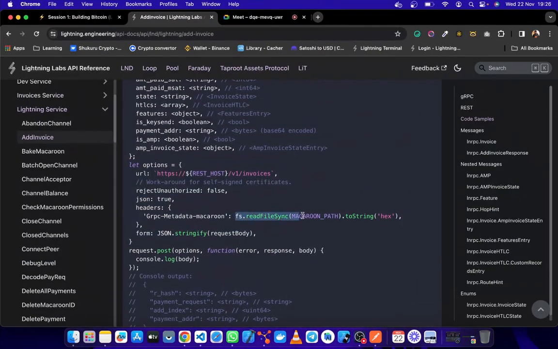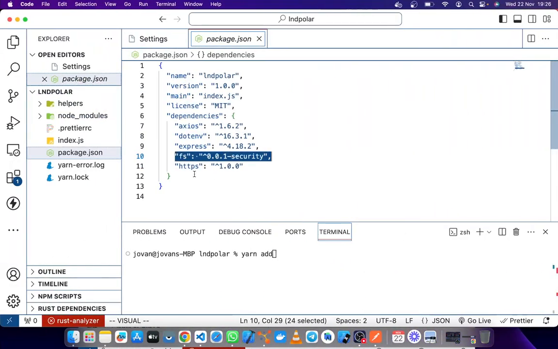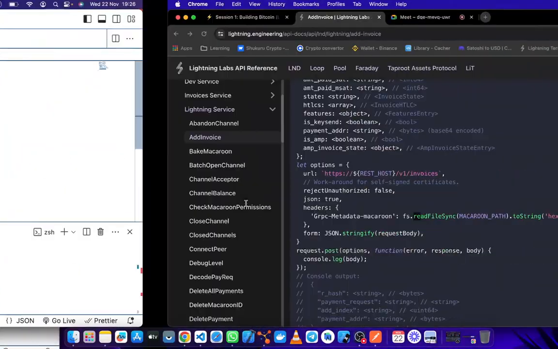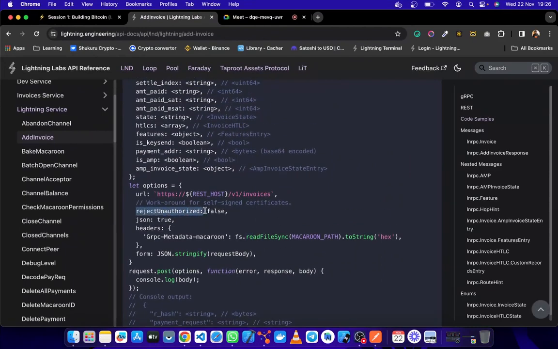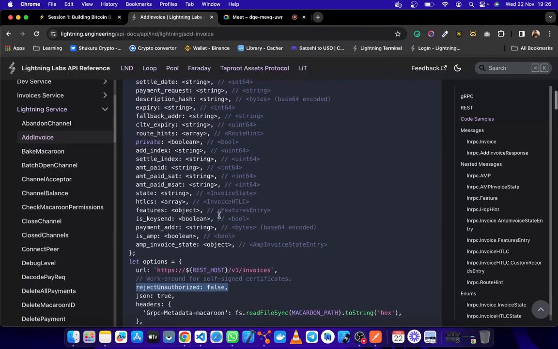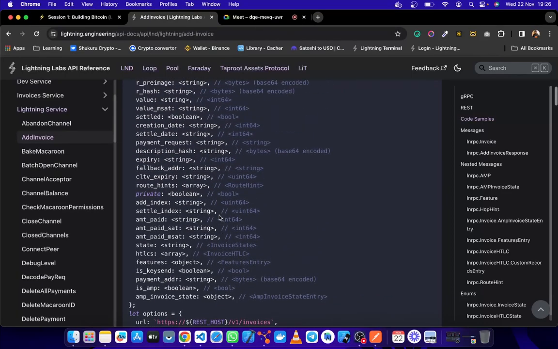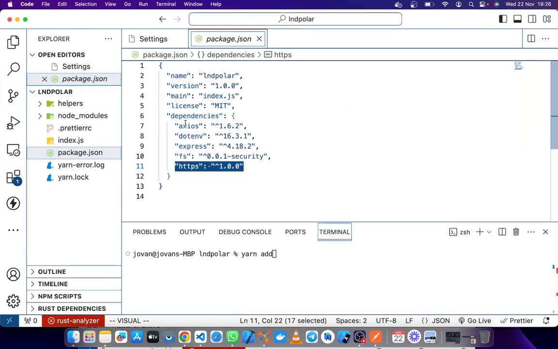So you look at this. It converts the macaroons, as you know what a macaroon does. So we need that library to do this. And then we'll have to have HTTPS. HTTPS is also security that we'll have to add, to reject unauthorization on the API for LND. Those are the few things that we want.